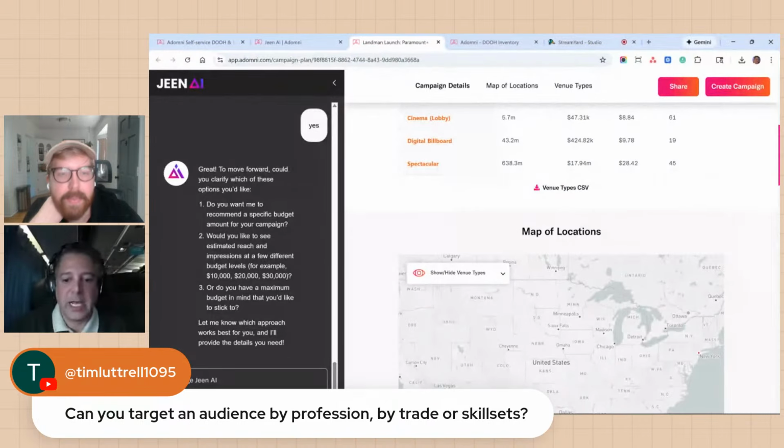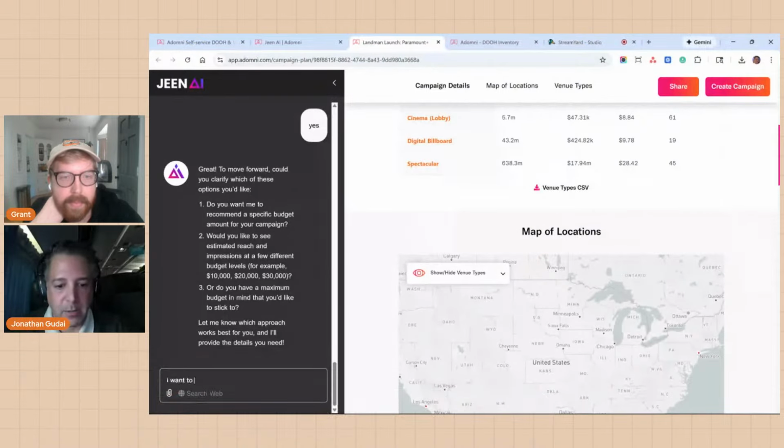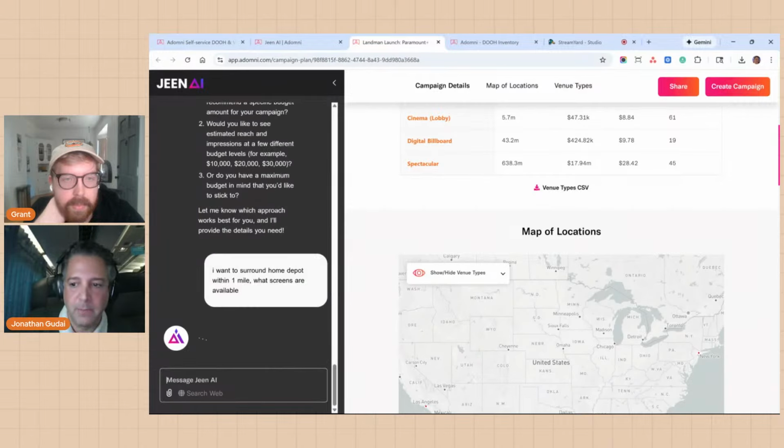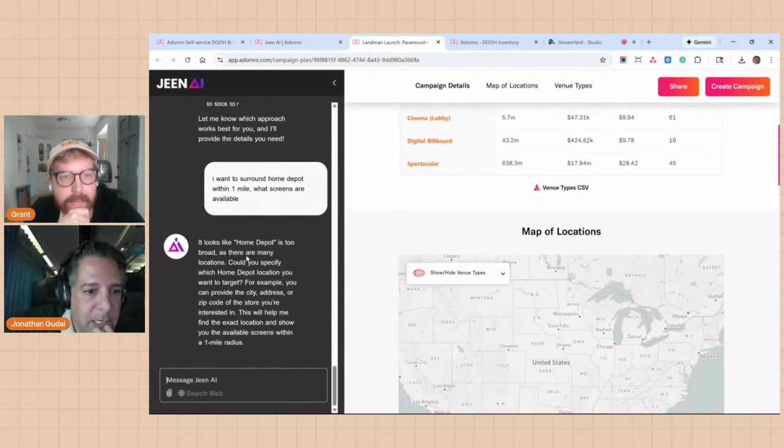So you can also say, I want to surround Home Depot within 1 mile. What screens are available? And then it's going to take that, and we have a partner that has like 19 million different points of interest in their database. Think about Google Places, where it looks for Home Depots.